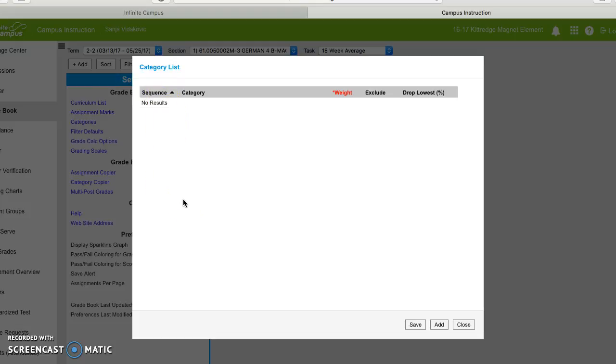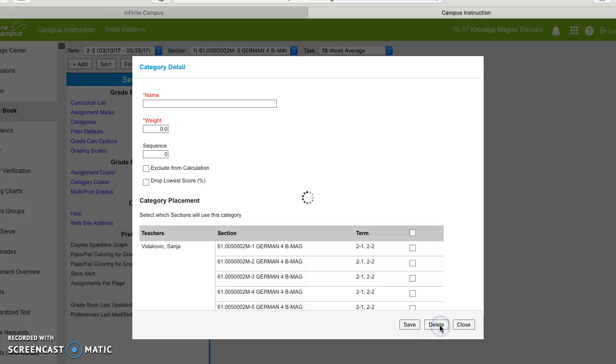We have 4 categories at Kittredge Magnet School. Our first one is pre-assessment, then assessment during learning, then guided independent or group practice, and at last our 4th category is summative assessment, and we're going to enter them one by one. So go ahead and click on Add. And we're going to enter our first one,